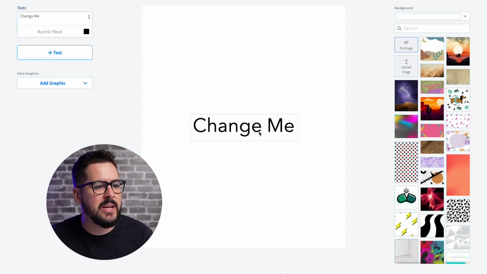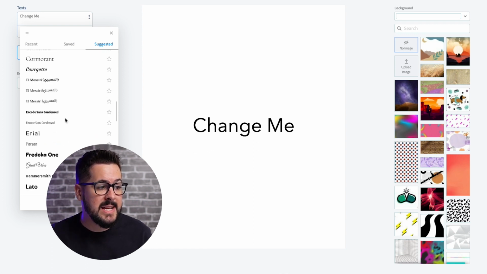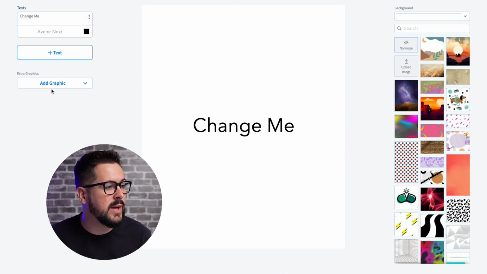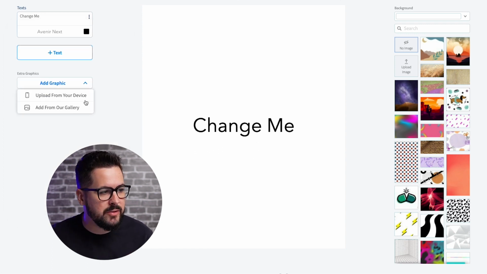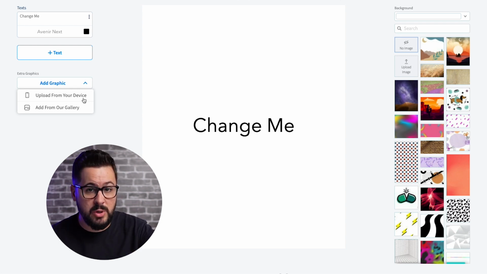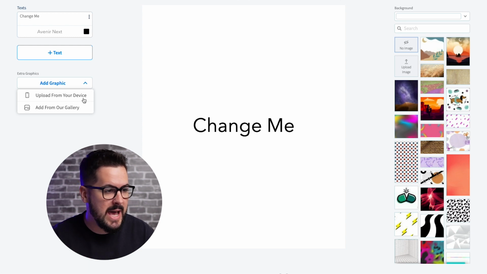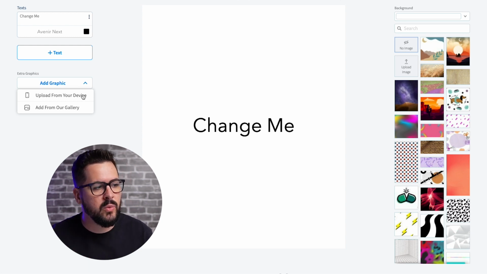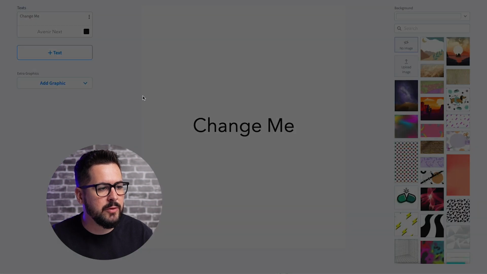We can add text in here and we can change that. We can change the color, the font. It actually comes with a ton of different fonts here for us to work with. We can also add graphics, so we can upload our own graphics. If there's something you want to put on here, a graphic that you have, a picture that you have, you can do that right from your device. So I want to illustrate that really quickly. I can click on upload from your device,